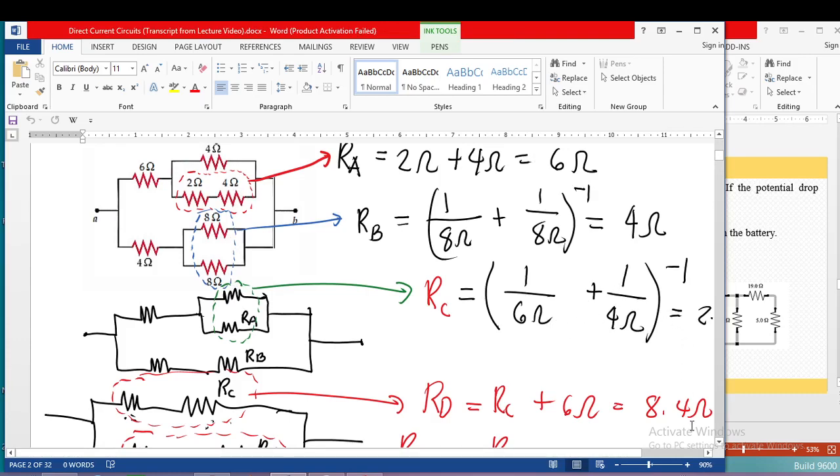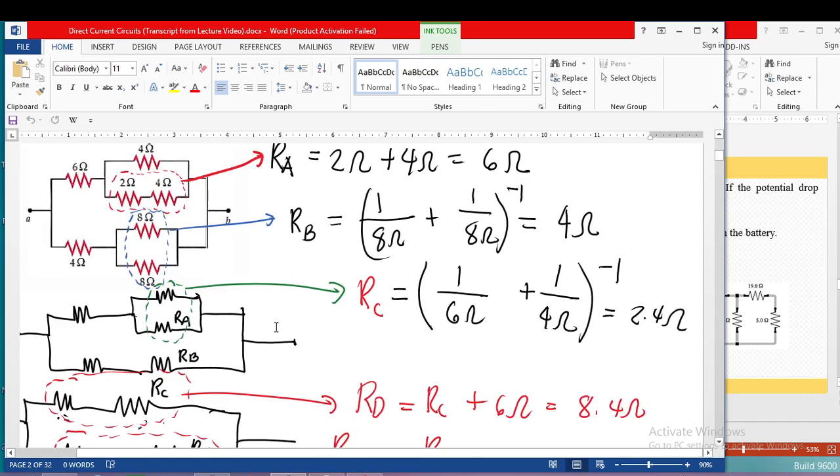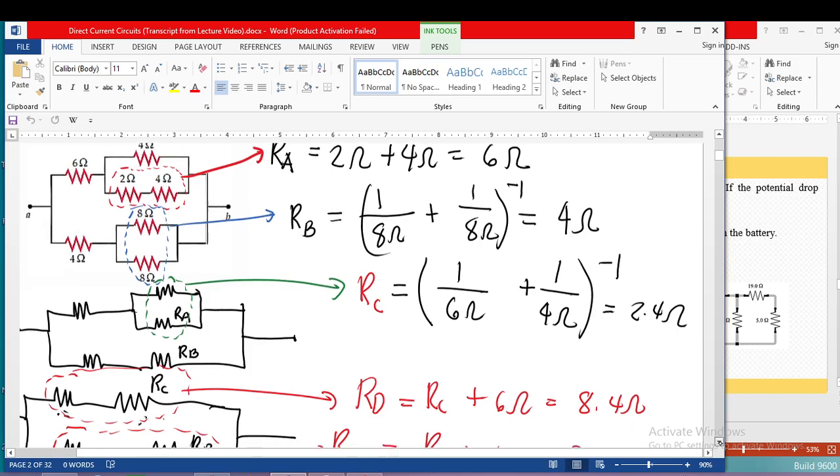So we have to get the inverse. So the equivalent resistance of the two resistors in parallel is 2.4 ohms. Okay, next one is